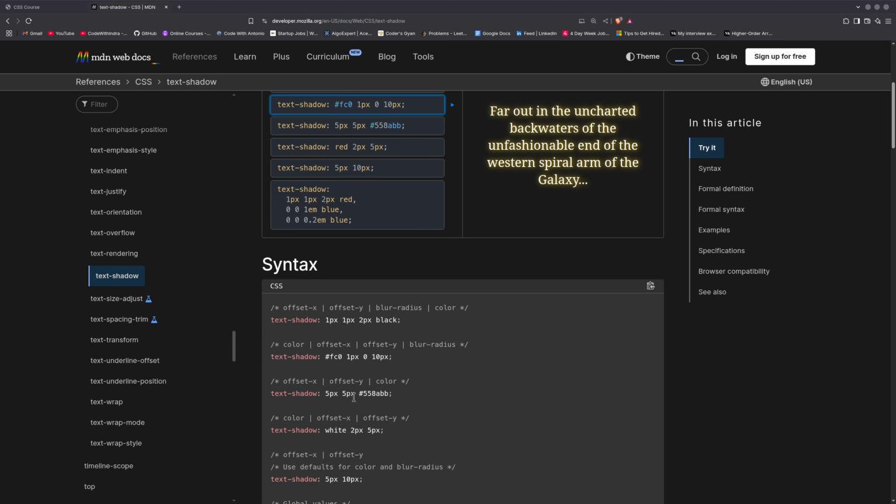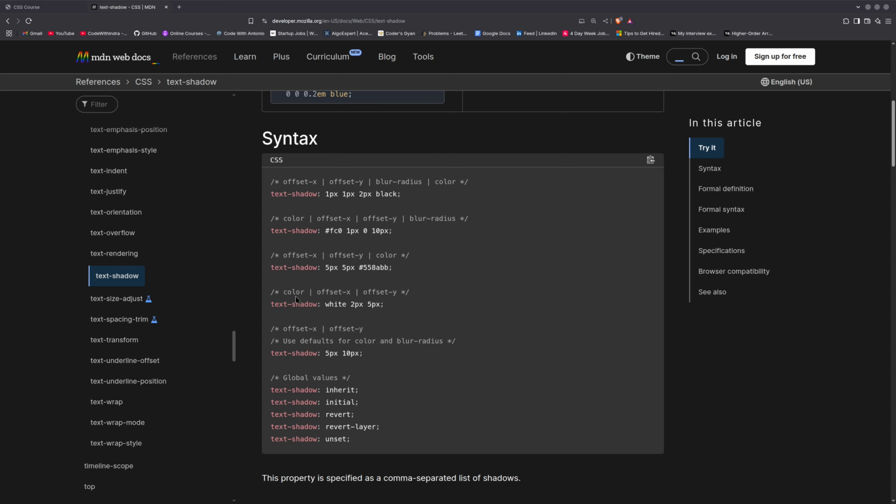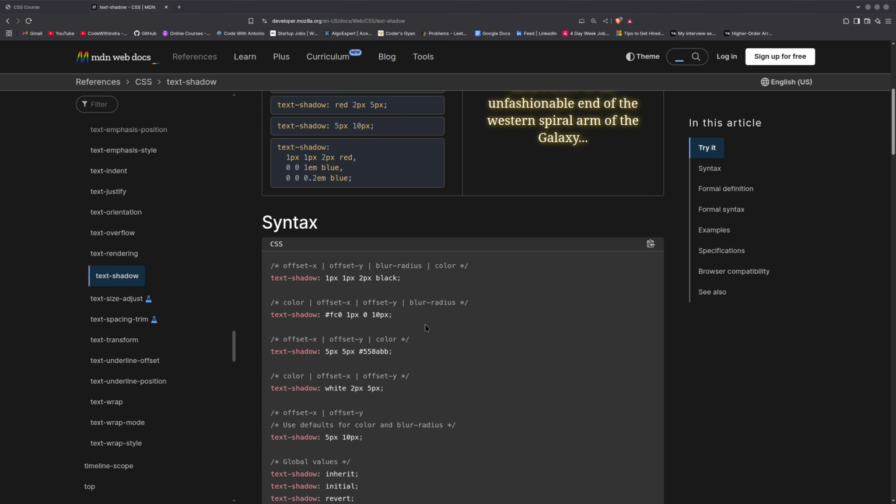Basically, we didn't include the blur radius. And then we have the color, offset X, offset Y. So it is quite flexible, as you can see, right? But you have to remember to use only one of these in your code. I usually go with the first one, but usually we do not use the text